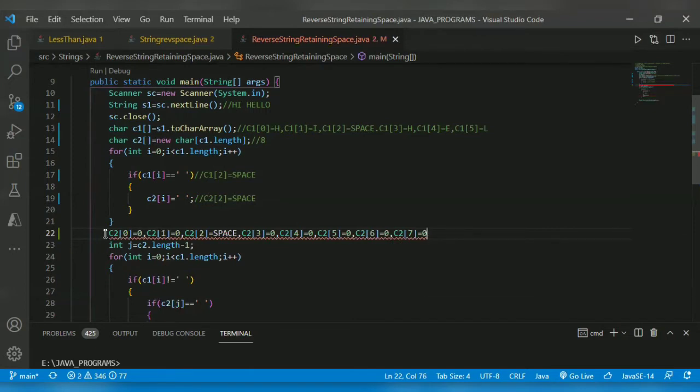That's all. The character array will show this. Only the second index will contain the space value.